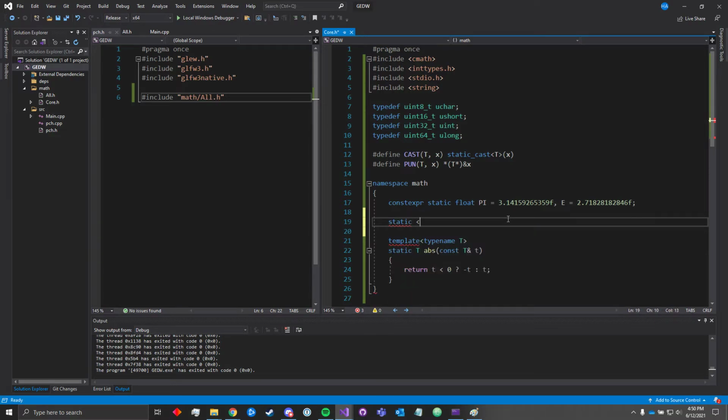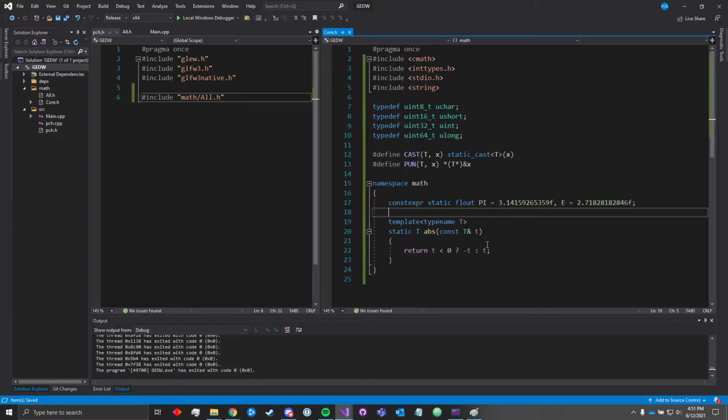This is similar, I think, to Java's generics system, where in Java you would have something like static T abs, something like that. That would be the header. I may have done that in the wrong order, but in Java these are called generic types, and it's a way of writing a method in such a way that it can accept multiple different types of parameters. Obviously in this case that's good, because we might want to take the absolute value of an integer or an unsigned integer or a float or a double. And when we write it like this, in this templated way,